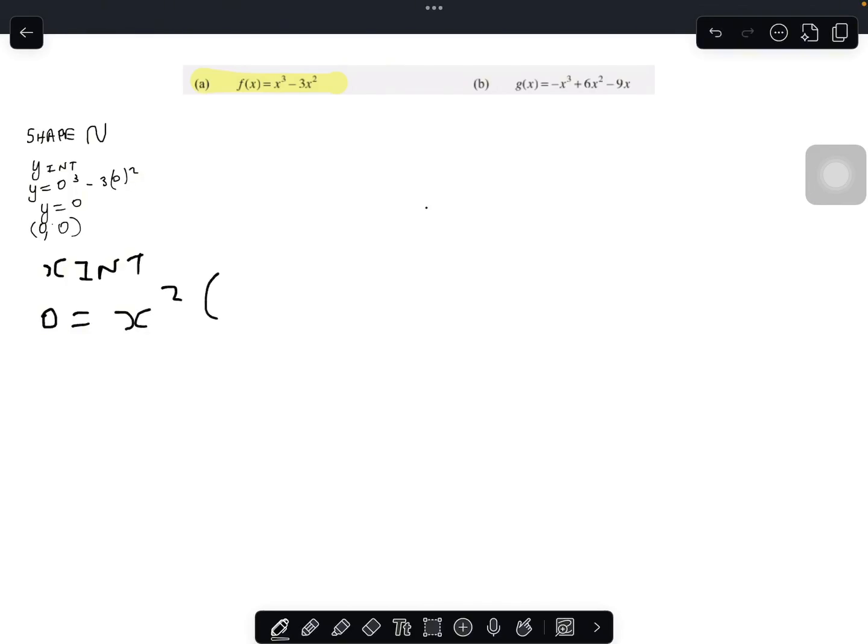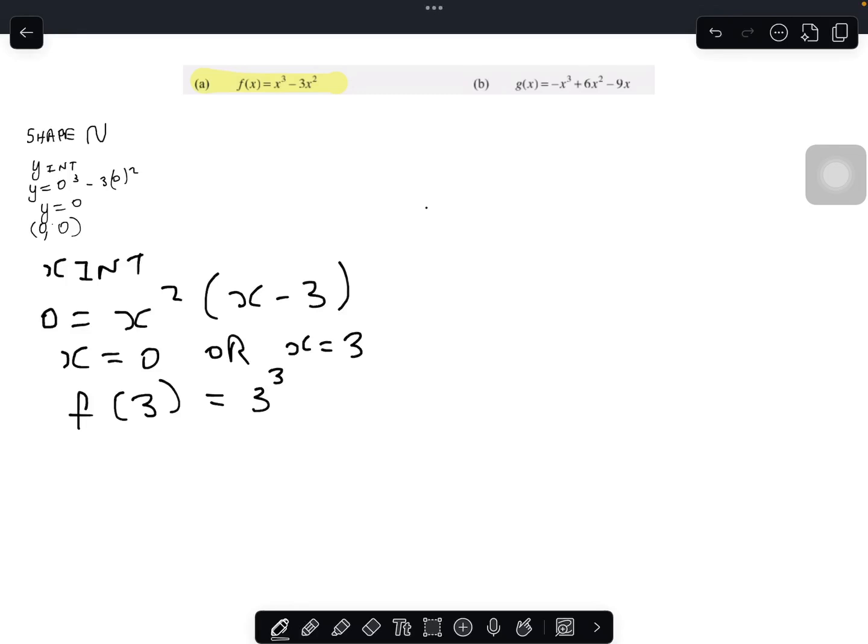We have x squared into x minus 3, and then we have x equals 0 or x equals 3. Now we're going to substitute that 3 into the original, and that's going to look like 3 to the power 3 minus 3 into 3 squared,